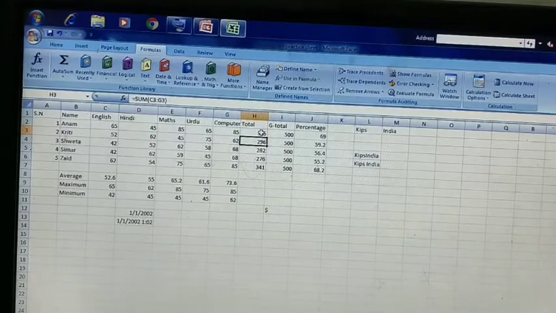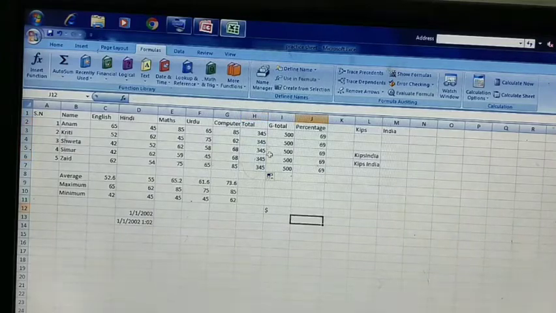And if I drag this, if I copy this formula, it will remain the same. It will remain constant. So if you put the dollar sign, the cell reference will become an absolute cell reference, and in absolute cell reference the reference will not be changed. Like here I have given the reference C2 G2. Now it is the same here, it is the same here, it will not change.